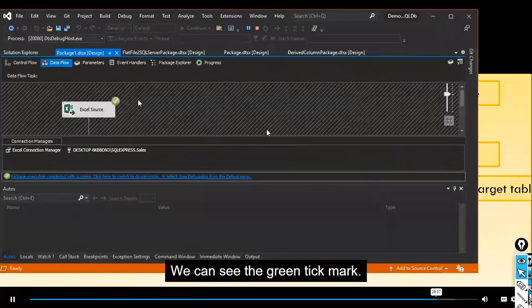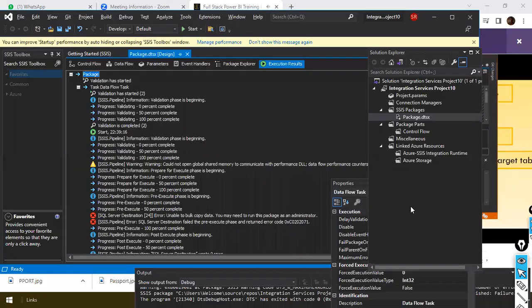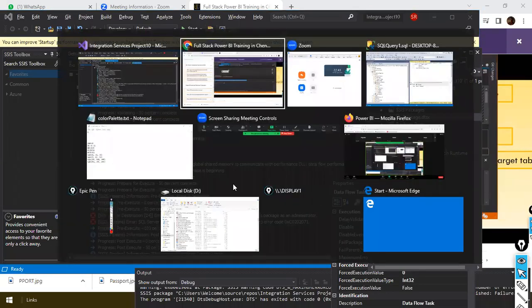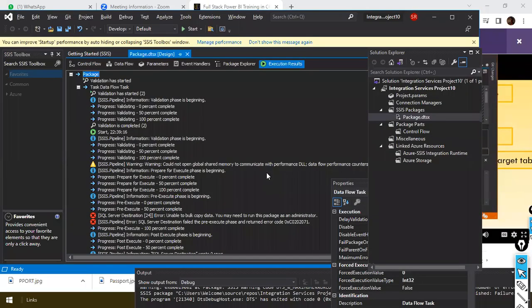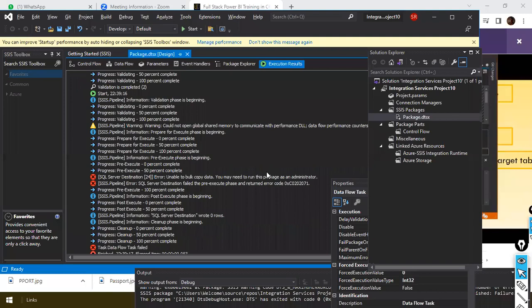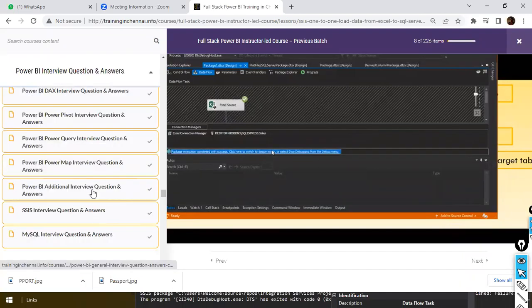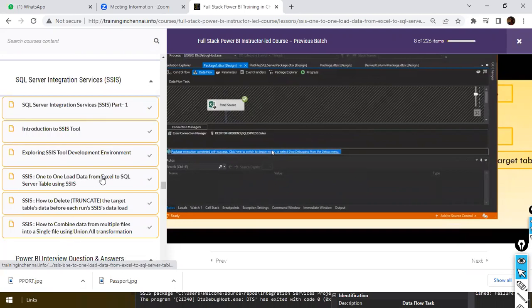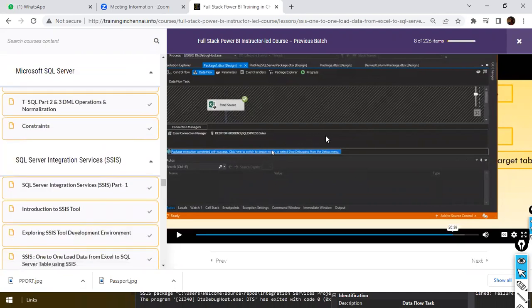You can see the green color tick mark. Okay. There is some problem with the new installation. Even the database, I have shown you, right? That database itself was not connecting and was throwing an error. Anyhow, we'll fix it because this issue happened just two days back. But this is how we gave the demo in the recent batch also. We have done everything, and you can see all the other videos related to this one. A couple of videos are yet to load here, and I'll ask them to load them.